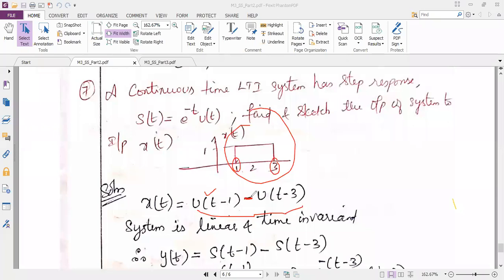Just check it. And the meeting may get disconnected now. It is showing less than 1 minute. So we will just connect back and discuss further. Okay. I want all of you to complete up to this. X of t expression from the given diagram is u of t minus 1 minus u of t minus 3. So with this, I'll stop now. We'll join back in the next meeting. Okay, so connect back immediately.